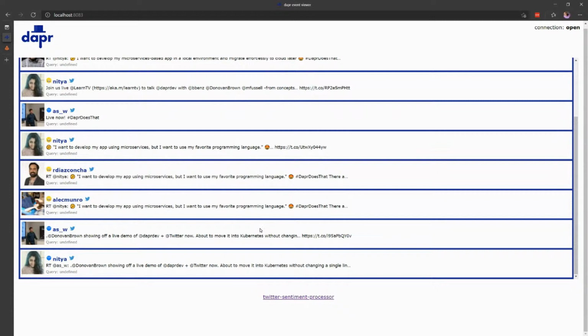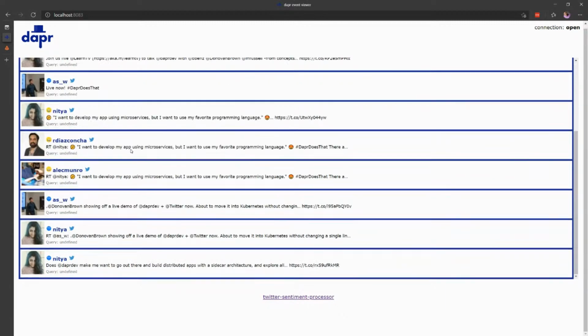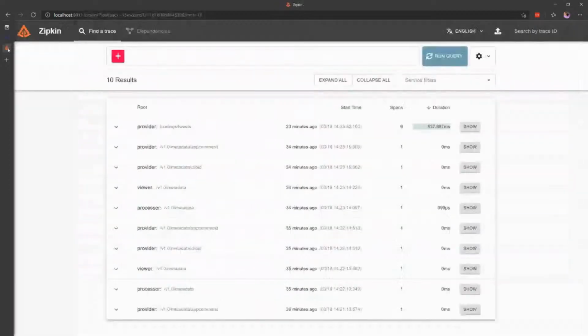One of the things that Mark talked about is the fact that we get observability and logging for free. It just starts working for us. And what's really cool is that I can actually track every single one of these tweets from the moment it enters our application, through every microservice inside of our application, all the way to where it's being shown to the individual user. I'm doing that using Zipkin. Again, this comes right out of the box.